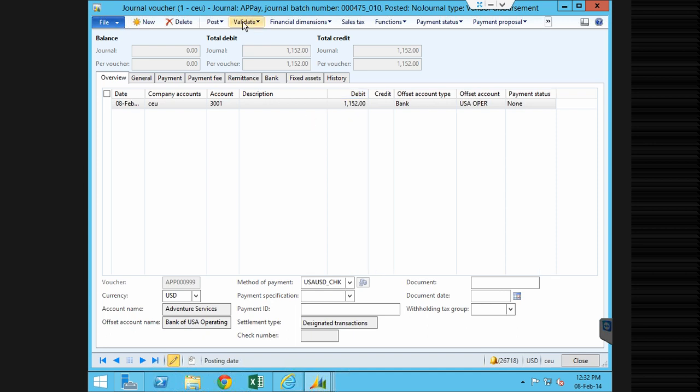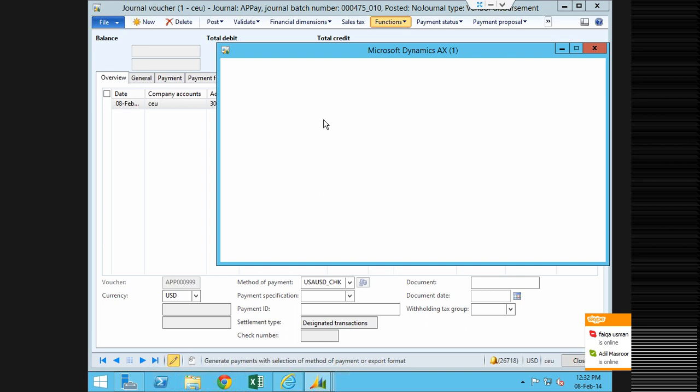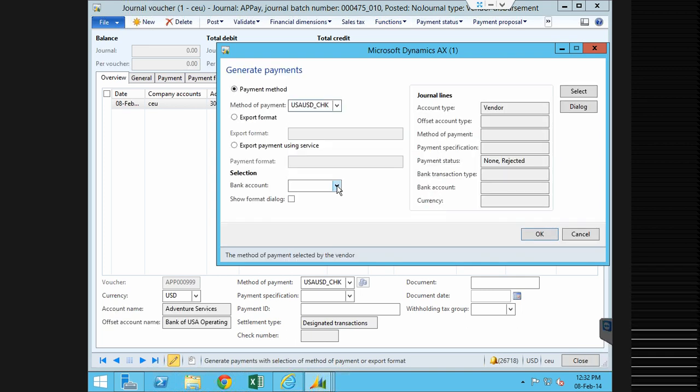We'll validate it. Then we will simply generate the payment, method of payment to check, bank account US open,